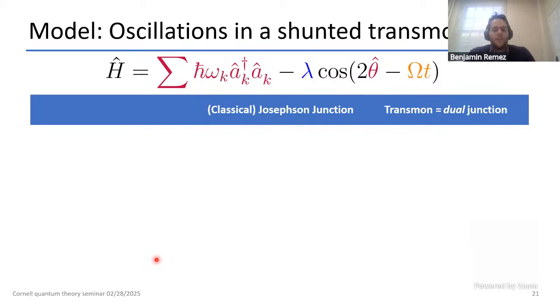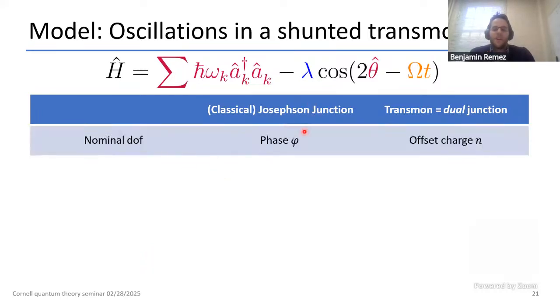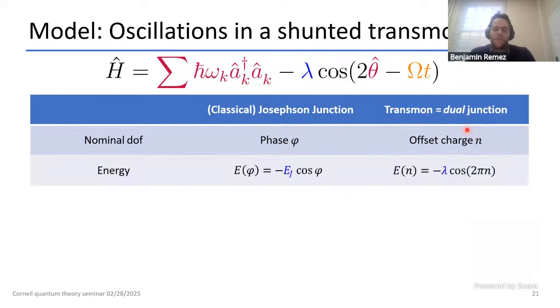And so what's neat here is that we can also draw comparisons between this quantum description of a biased transmon and a classical Josephson junction. So usually we think about Josephson junctions in terms of the phase across them. And this transmon, I'd argue, is sort of dual to a junction, and we typically think of the charge across the quantized transmon. And so the energy depends in a Josephson junction sinusoidally on phase, and now depends